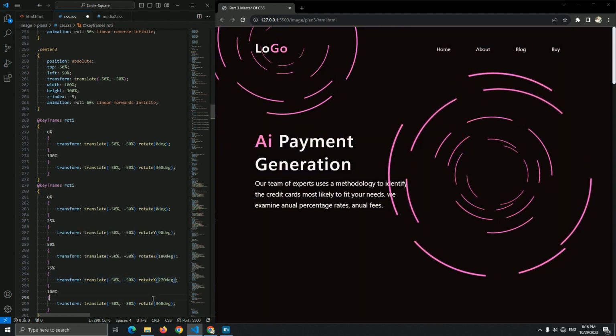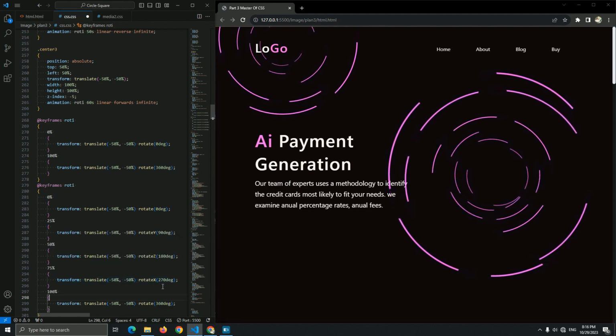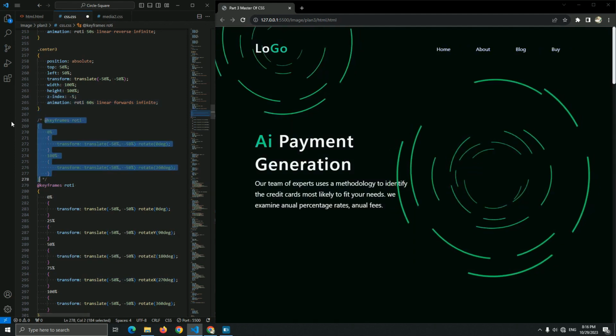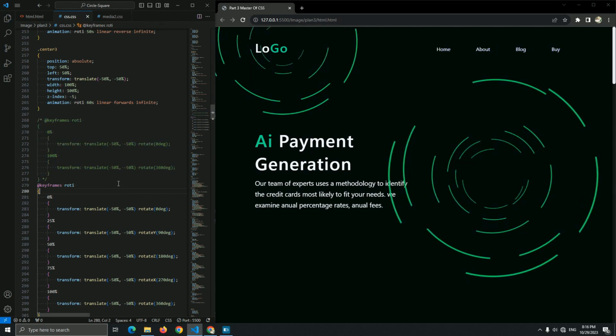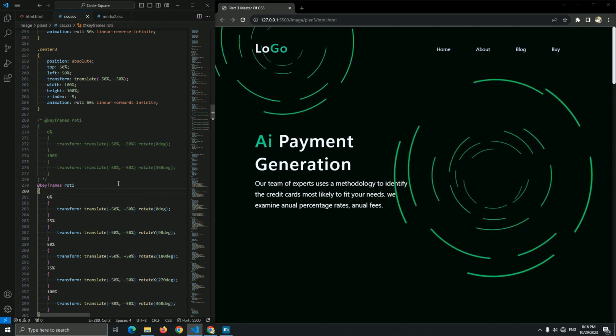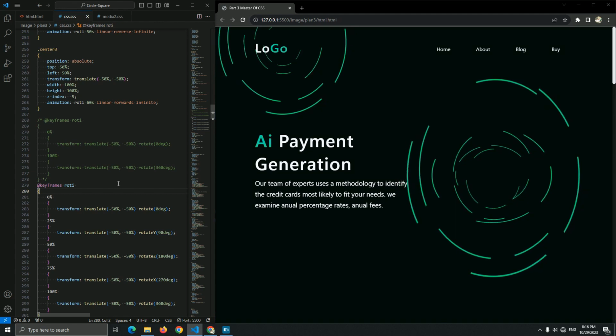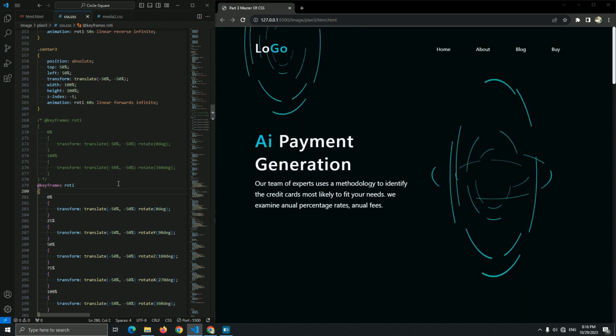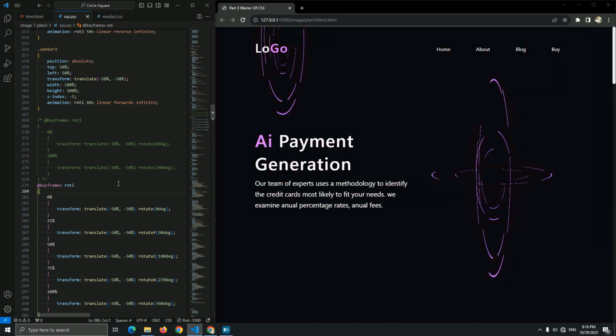So for example, this is the rotate X, and now let me show you what happened. Let me just remove this. Okay, now see the animation. As you can see, this is a good animation for 3D, when using this animation inside of this 3D image. As you can see, this is a nice animation.